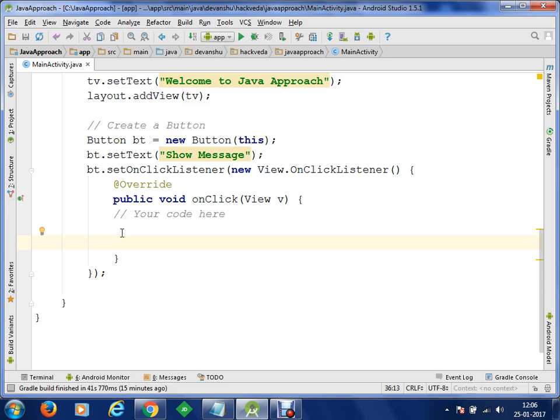Okay, I've understood that on the button we set the on click listener. Yes. Now when that button will be clicked, this on click code will be executed. Yes, absolutely. Let me understand this new view, why we are doing this. Because we have already set the function, right? Button dot set on click listener, that function we have already put on this button. Whenever it is clicked, it will execute this code. I didn't understand why we are doing this new.